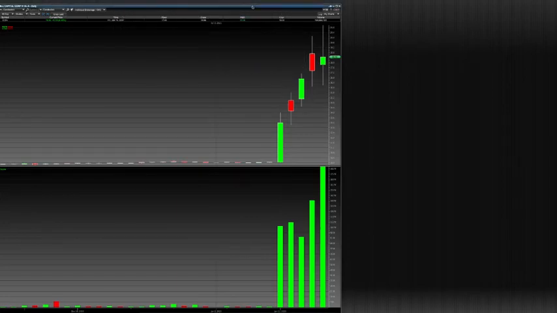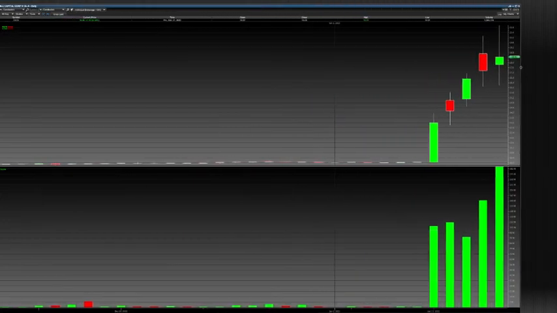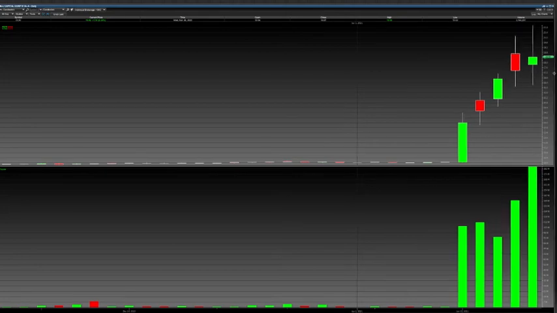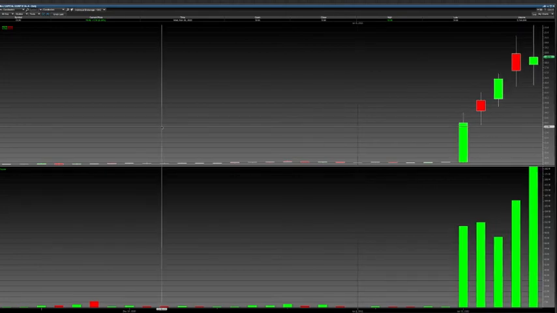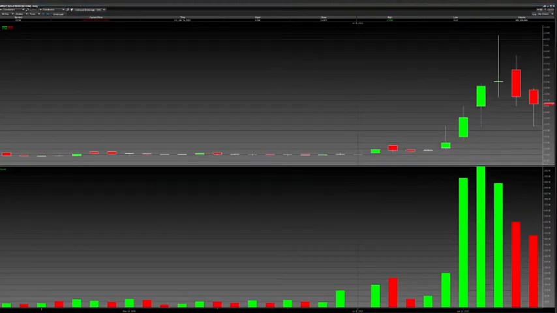And now what we're going to talk about is how to identify bag holders. Okay? How to identify bag holders in a stock. All right, so let's start off with OZSC. Okay? It traded what? At